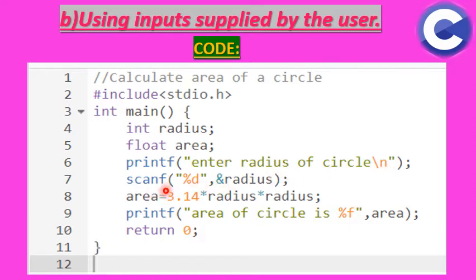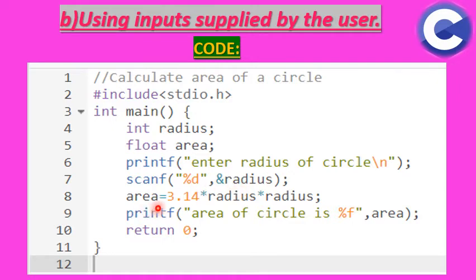Now the scanf function, which is used to take input from the user. Here inside the parentheses and double quotes, I wrote %d, which is a format specifier for integer. Now comma, address of radius, parentheses and semicolon. By this statement I mean that the user will input a number of integer data type, and this number will get stored at the address of radius. That is, this number will get stored under the variable named radius.